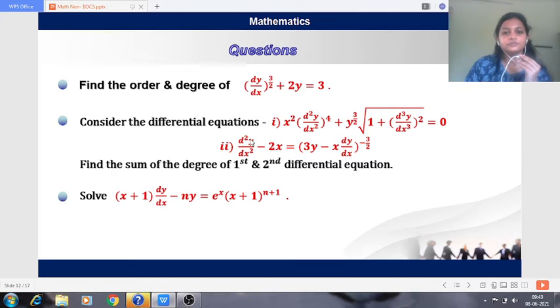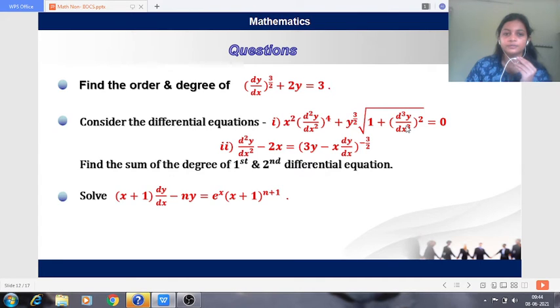So at first we get the degree of the first and second differential equation. To get the degree of the first differential equation, we can square on both sides. By squaring on both sides, we get the degree of the first differential equation is 2, because we see that in this equation the third order derivative is